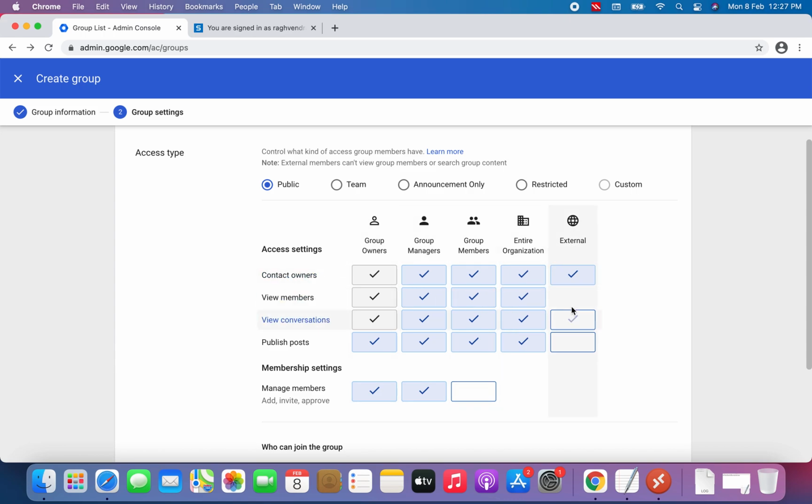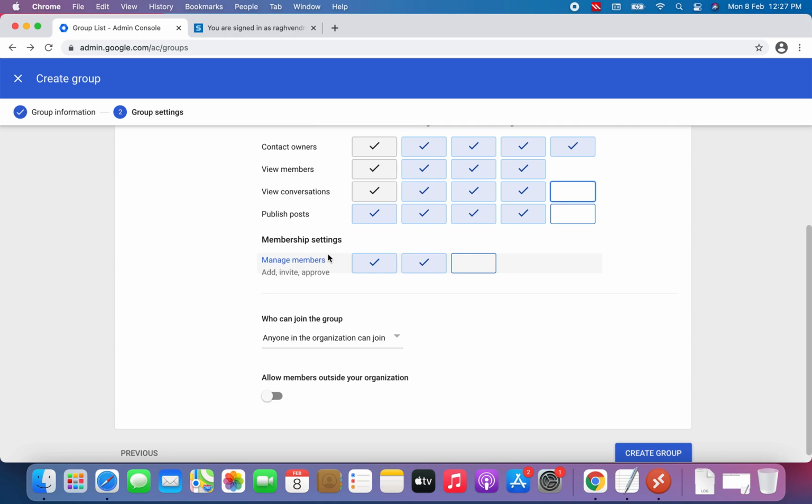Who can contact the owner? External only. Who can see conversations? The entire organization can see, but not external. If you want to change the setting, you can make it custom. How can we make it custom? Just click here, then you can allow or block access for that particular group.